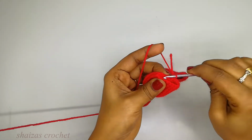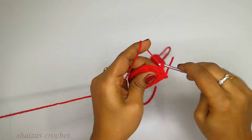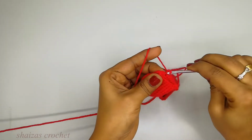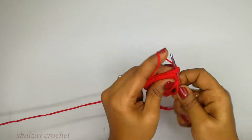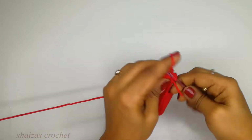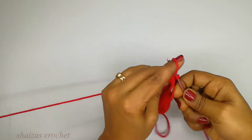1, 2, 3, 4, 5, 6. Into the 7th stitch 2 single crochets, again 6 single crochets, 1, 2, 3, 4, 5, 6. Into the 7th 2 single crochets, 1, 2,